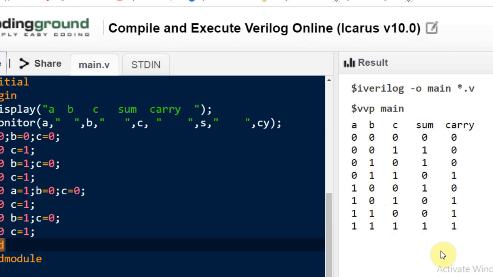Now, based on whatever you have learned in these 3 videos on the topics half adder, half subtractor, and full adder, now you can design any combinational circuit using gate level modeling in Verilog HDL. You must try to design full subtractor, multiplexers, demultiplexers, decoders, and encoders. I am quite hopeful that there wouldn't be any difficulty in designing and writing down the test bench for any complex combinational circuit.